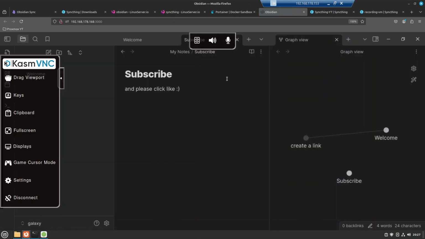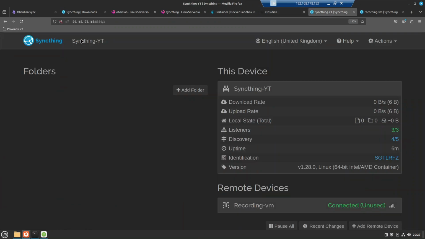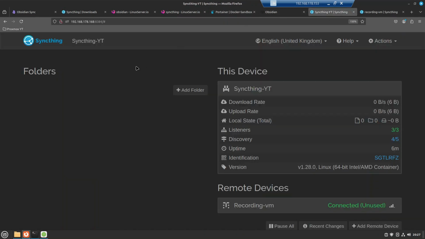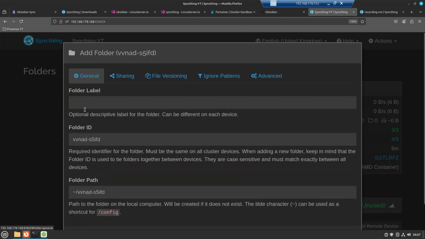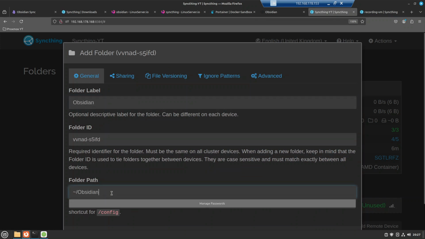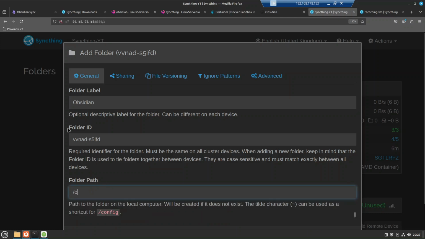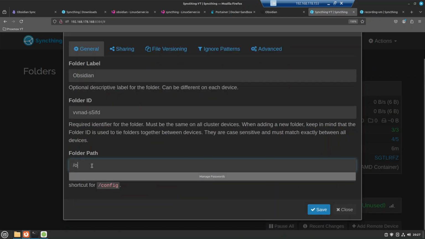Obsidian is back. So right now I'm going to go inside the syncthing-yt, which is my syncthing container that runs inside this VM for Docker. I will click on add the folder and I will call this Obsidian. And in here I will delete everything and put /o. And that should bring me into